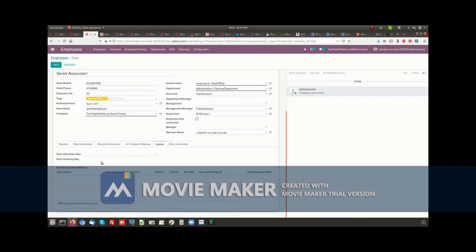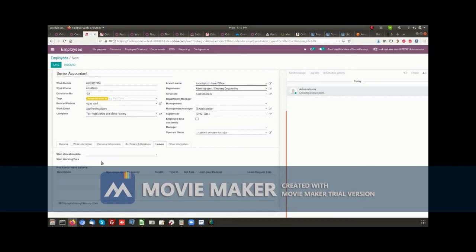No, he will calculate from his start, but he cannot request for the leaves after his probation. But you must mention, you must take about the probation. We have a policy here. Anyone in 3 months, we extend to 6 months. How can we extend and it will be related by that? On contract, you just have to change the number of days. Okay. But in this way we want to start from the working day because it's not legal to calculate